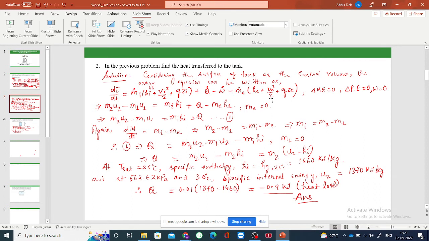This is the unsteady energy equation for a control volume process. Unsteady and filling process. Yeah, it is a flow process. It is a control volume process, right? We are considering basically a surface whose mass can change and whose volume can also change. So it is basically a control volume system. It is basically a flow process.